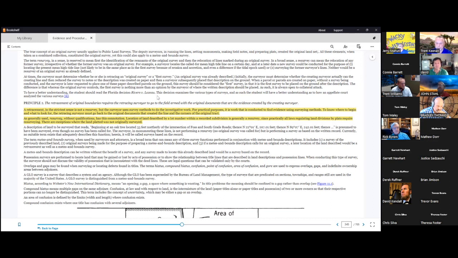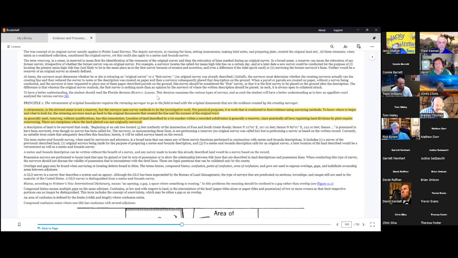If you're laying out the lot for the very first time, you're still following the written instructions on the plat as to where those lot corners go when you lay them out. And so that is an original survey, not a resurvey. And I think it completely misses the point that land has to be still owned by the same person. Certainly they could go out and tell you, oh, I want to move this lot line over to here. And you could do an amended plat and stake a new lot line that has never been conveyed, some remnant of his property, but